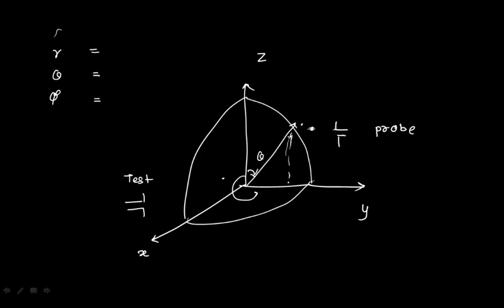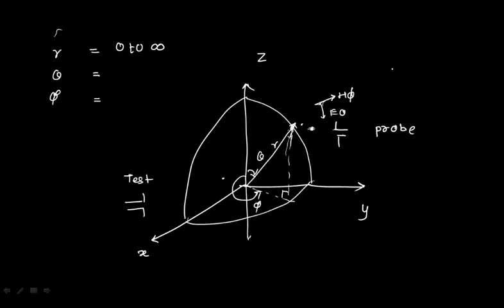If you put a perpendicular from here, it is something like this. So this angle will be the angle phi. Now this particular point where you are measuring, it will have two components, E theta and H phi: electric field intensity in theta direction, and H phi is the magnetic field intensity. Again, this is R, this is theta, and this is phi. What is the possibility of R? R may be 0 to infinity, the distance.